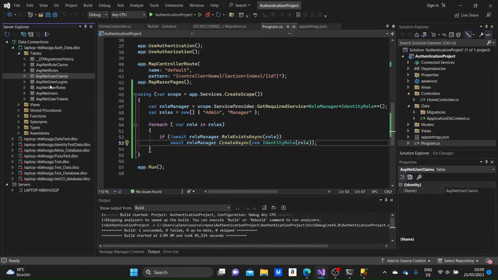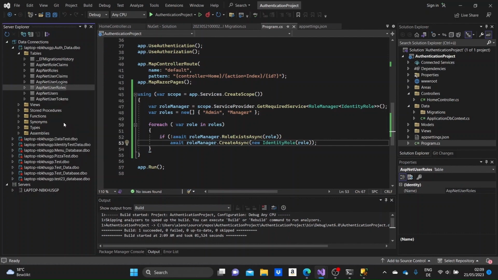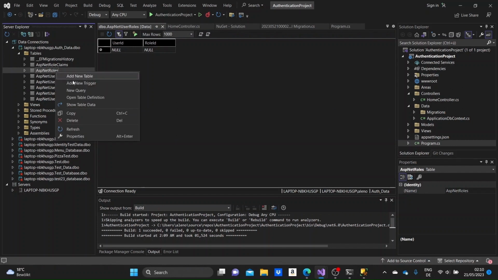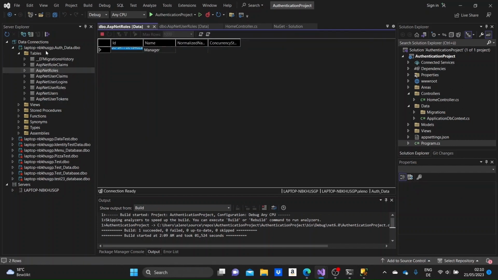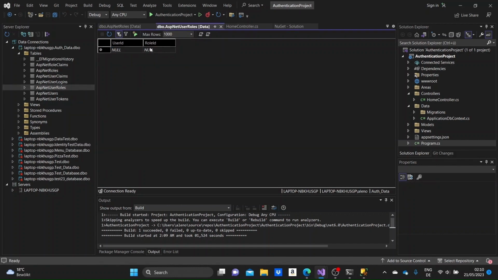We can go to the ASP.NET roles. And here we have the manager and the admin. If we grab the ID of, for example, the manager, and we go to the user roles table, ASP.NET user roles, we here can specify